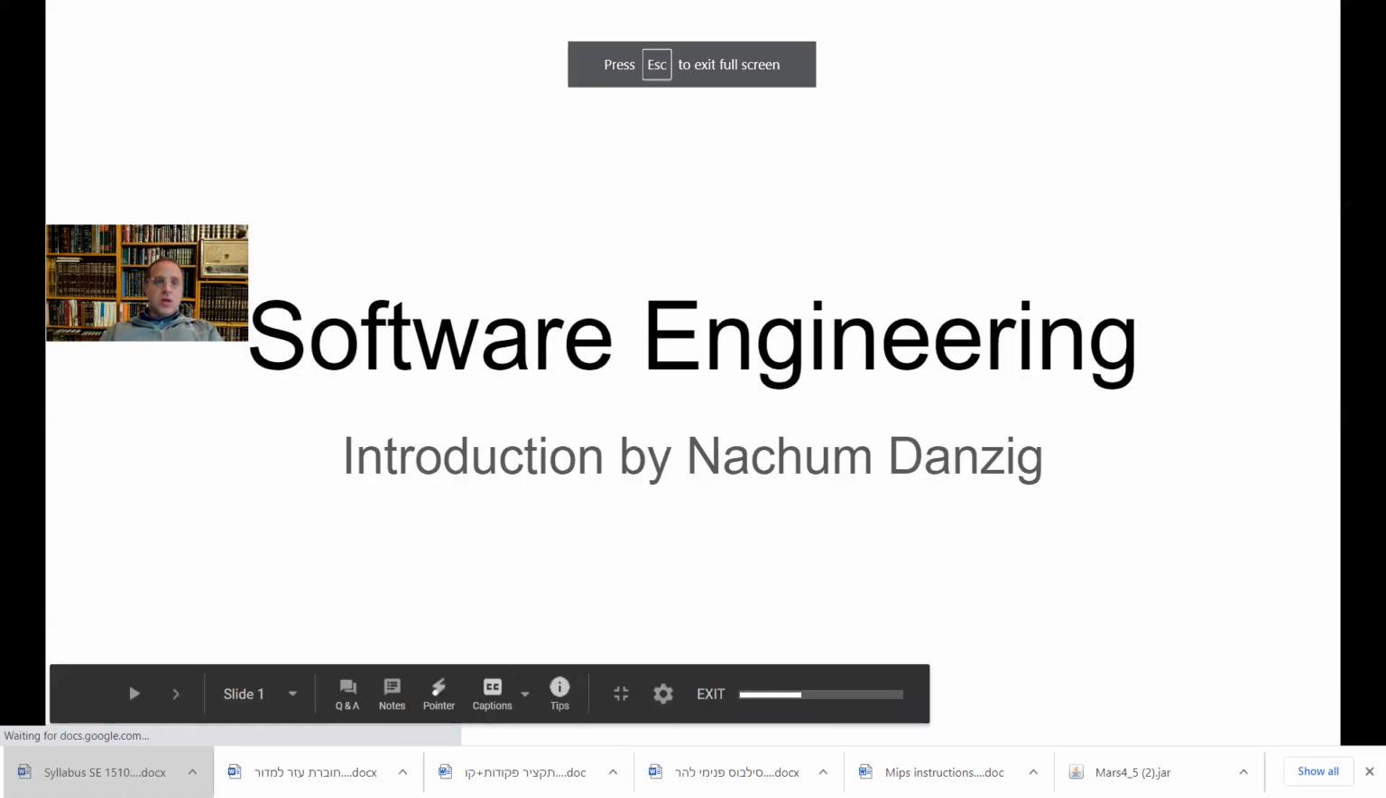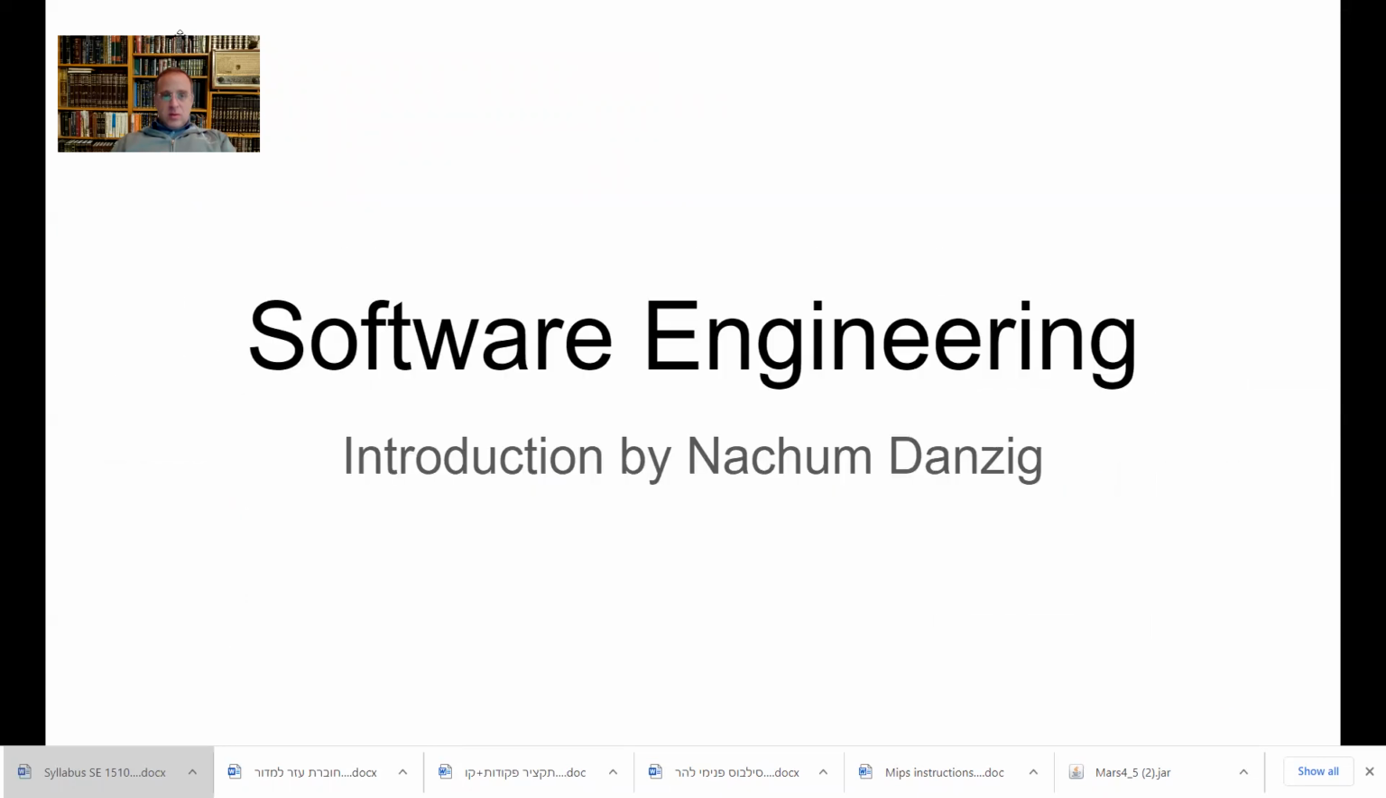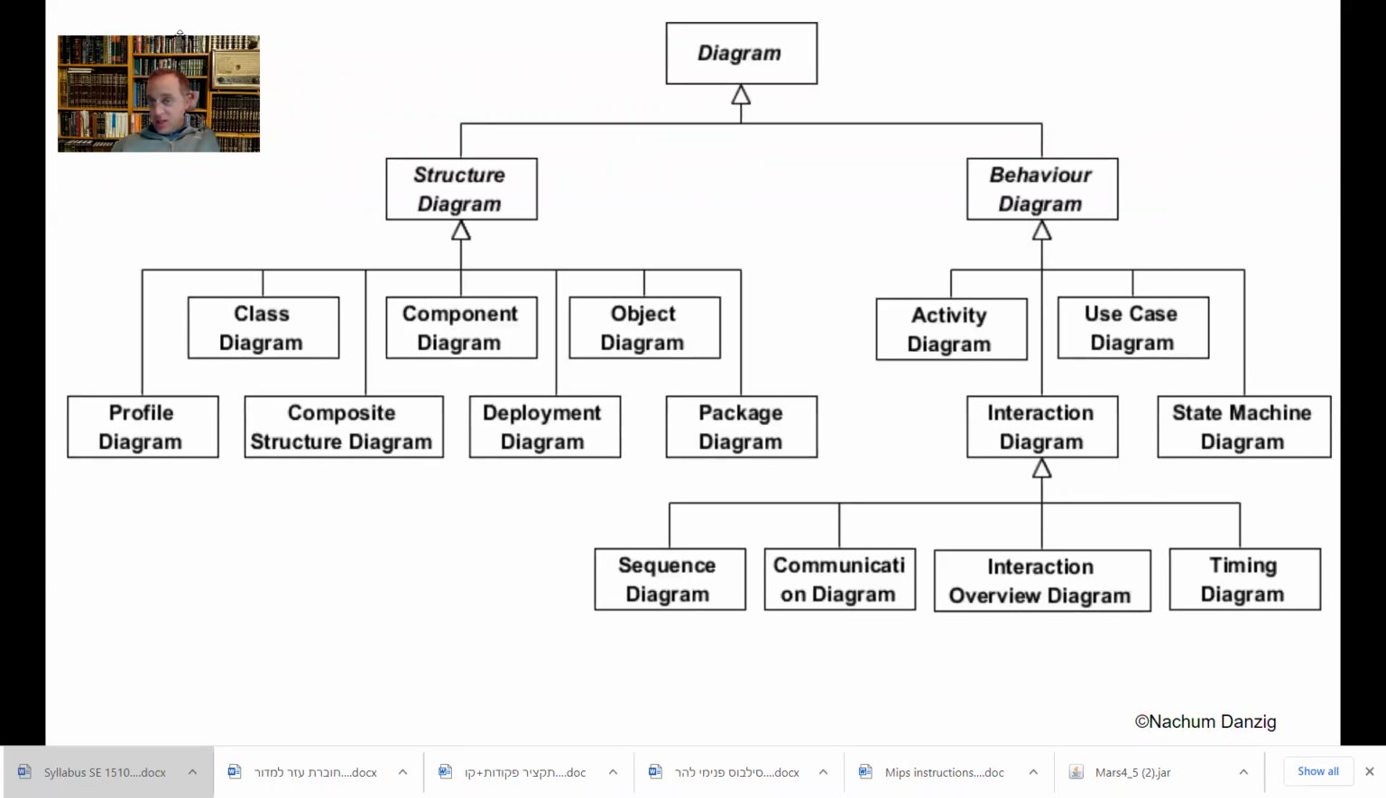Okay, so software engineering. The first thing I put here is just to start off with something that confuses people. This is a UML diagram. In other words, this is a diagram of all the inheritance, showing all the types of diagrams that there are in UML. And I want to start with this because